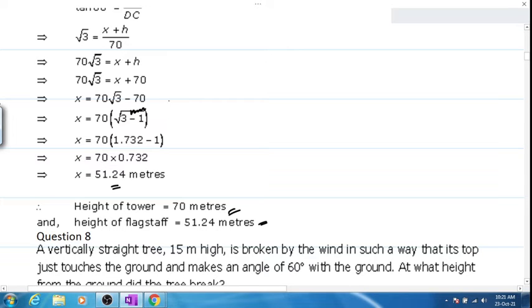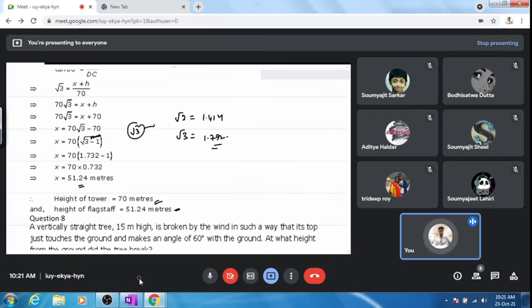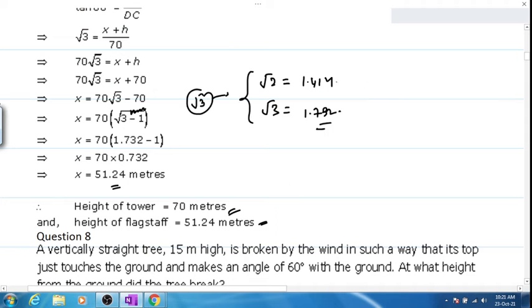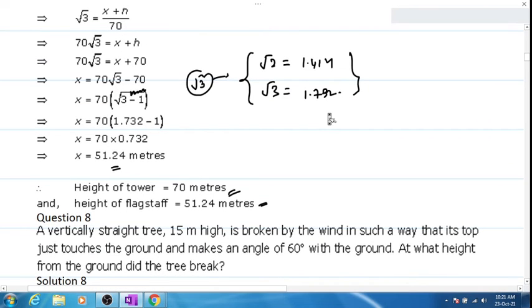Okay. Now, if this root 3 has been specified in the question, sometimes what happens is that your options will be given in decimals. So you'll have to calculate the answer in decimals. And by default, you'll be taking the value for root 2 as 1.414, root 3 as 1.732. Is it clear? Please write down these values. It might happen that in questions sometimes it's not specified and the answers are required in decimals, so you'll have to use this. Is it clear?